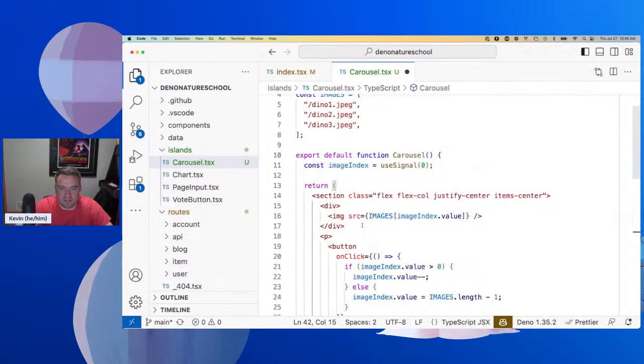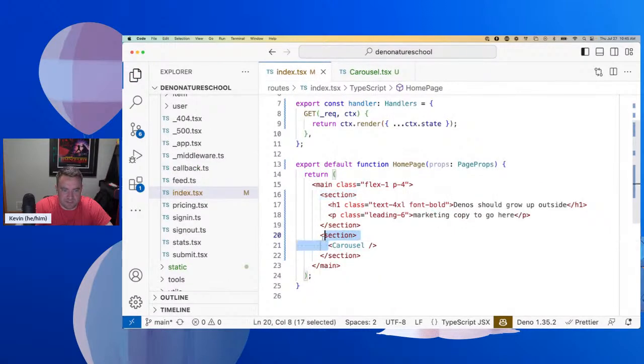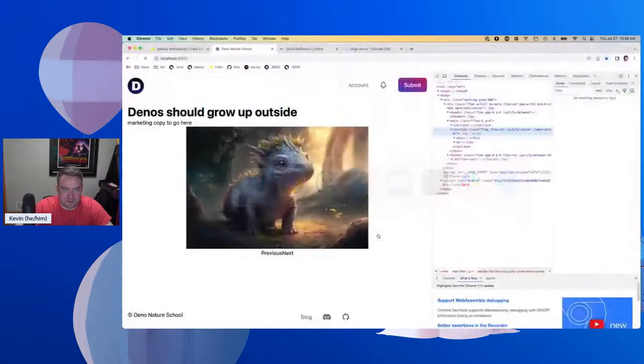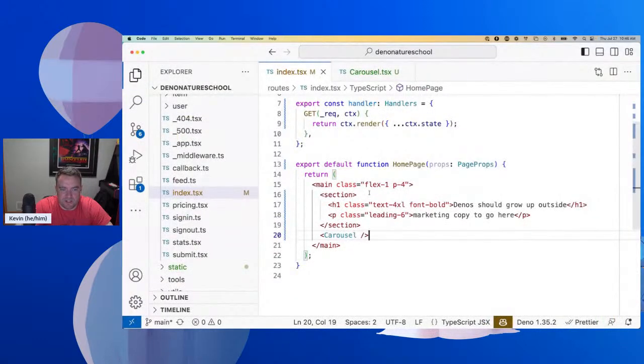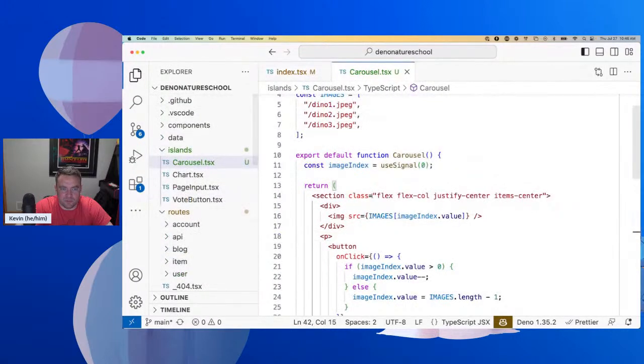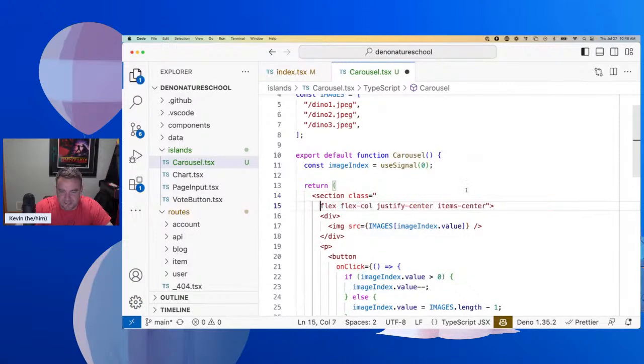I'm going to give that my class, and then I'm just going to do this instead. So I'll just do carousel, because I actually want to style this section. Okay, sweet. So that's still doing all the stuff that I wanted to do. So now, in addition to the flexbox stuff happening, this is my next